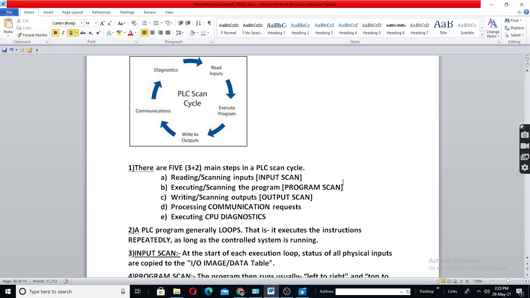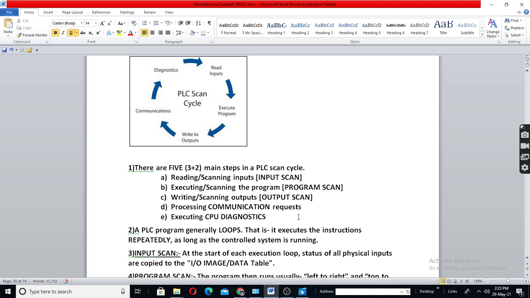So the program says at this particular time, at this particular address, there is a thermocouple. It is an input device. So here also, when you see the uniform of a particular person, this person is a postman, this person is a policeman, this person is your relative, this person is a stranger. So like that, right? Actually, these three are required for operation. Plus, you have communication and diagnostics.